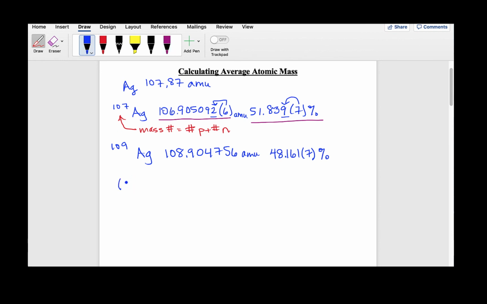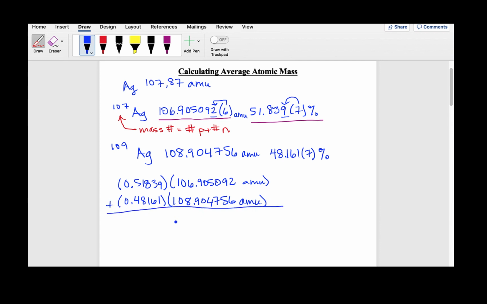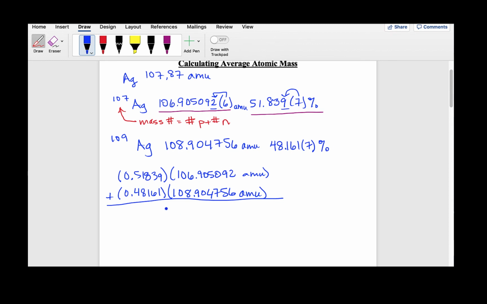So we will have 0.51839, we won't worry about the uncertainties here, multiplied by 106.905092 atomic mass units, and 0.48161 multiplied by 108.904756. And when you multiply those by their parts and then add them together, sure enough, we get